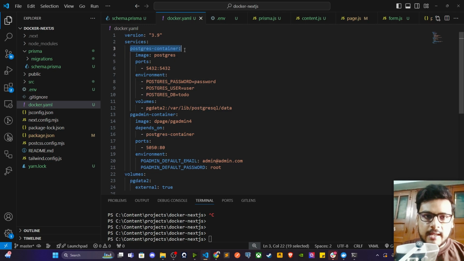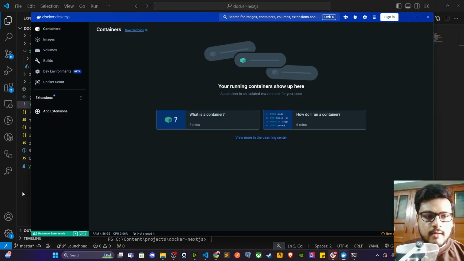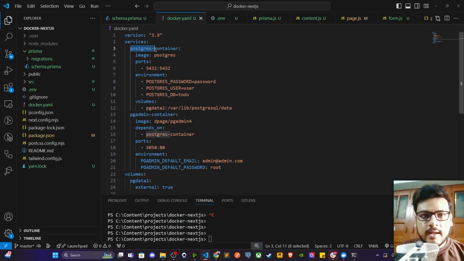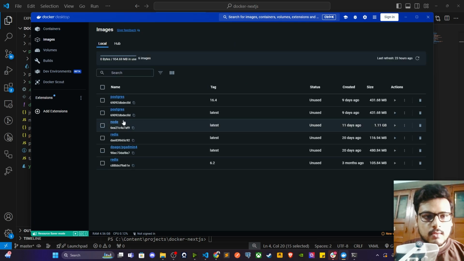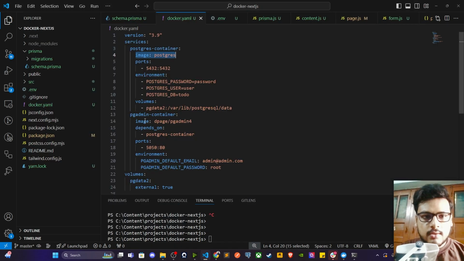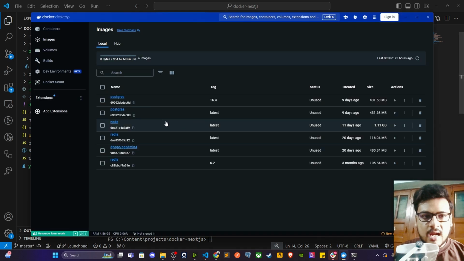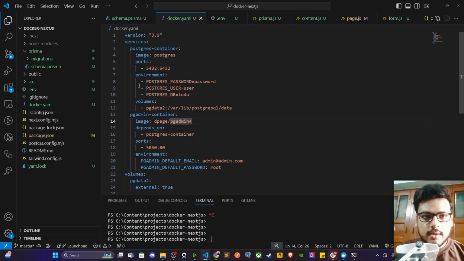And this is the service name. So services, service name, image. This service name is nothing other than the container name. So this is a container name over here. And if I show you, I don't have it running, I'll show you in a moment. So this is the container name, this is the image. If you go over to images, this is the Postgres image, this is the pgadmin4. So you give the image name, then inside ports you do the port mapping, host colon